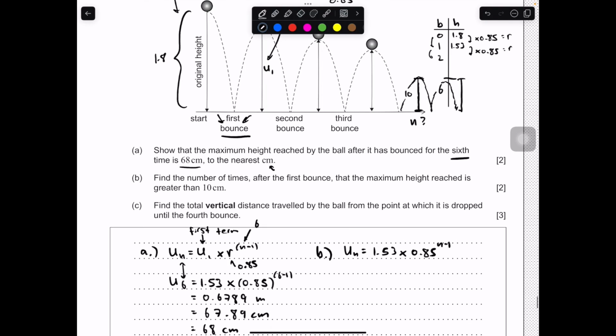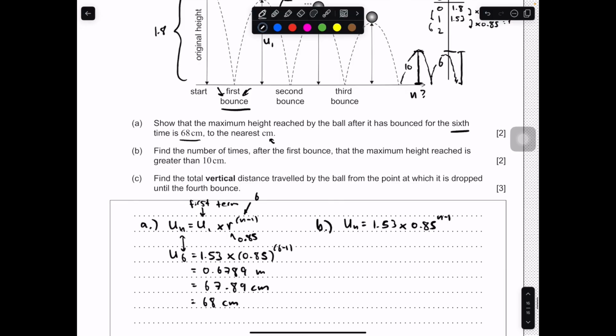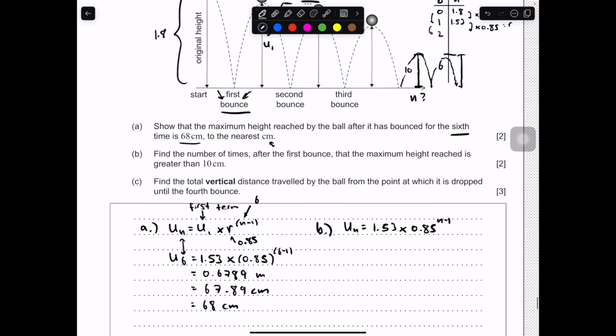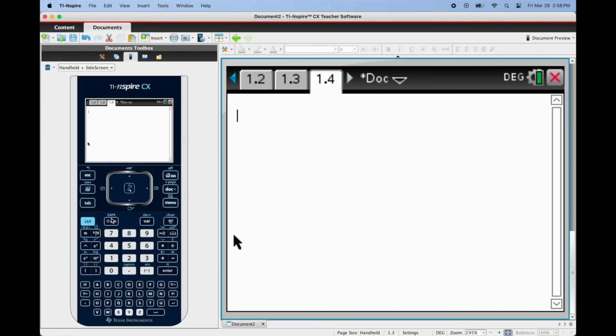Alright. Find the number of times after the first bounce that the maximum height reached is greater than 10. In this case, this value, this is un, which is just the value of the nth term. In this case, we want the value of the nth term to be equal to 10. So we have 10 is equal to 1.53 times 0.85^(n minus 1). And in this case, we're looking for that value of n that's going to solve this. So we can just go ahead and solve. Let's go ahead and do that. So menu,